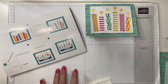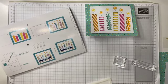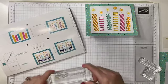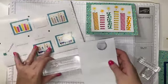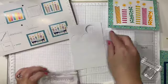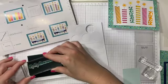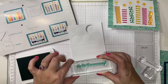So I've already got our stamps that we're gonna be using today mounted up. They do give you a block, so that's good. And the first stamp we're gonna use today is Hip Hip Hooray. And then we're gonna use Today is Your Day. So let me scoop my pieces here so you can see all this. So these are the labels, and I am just going to grab my ink pad here, ink up my stamp, and we're just gonna stamp down